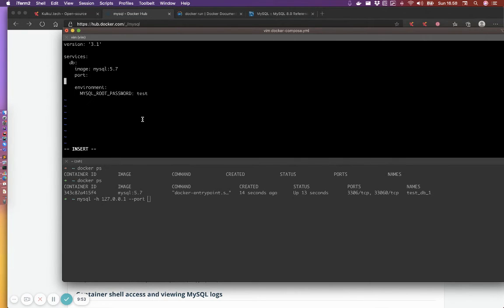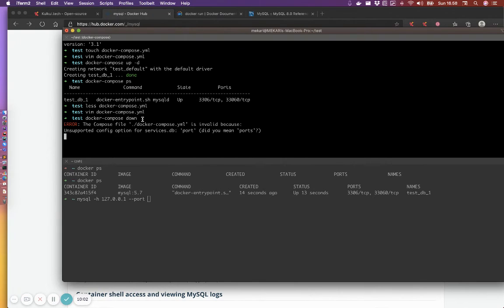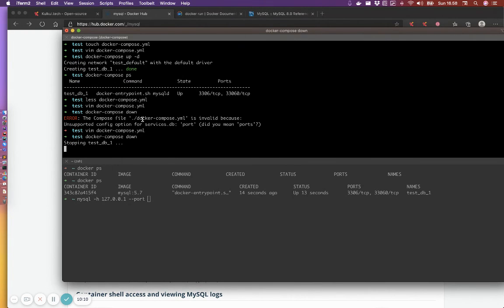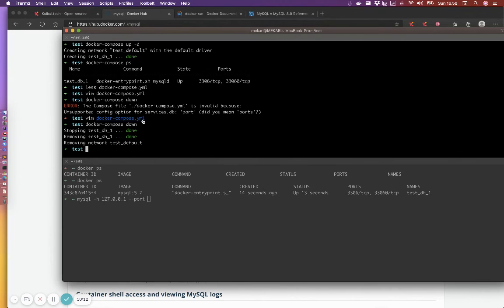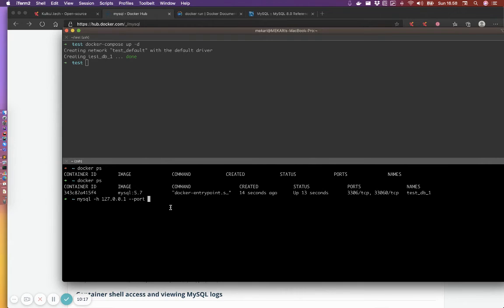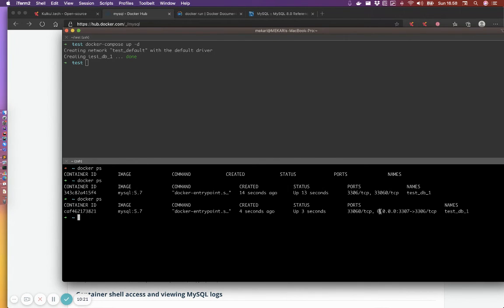Port 3307 to 3306. Oh, I'm sorry, there is a typo. Okay, let's do one more. Up -d, and when I do docker ps here, you see it is exposed to the correct port.